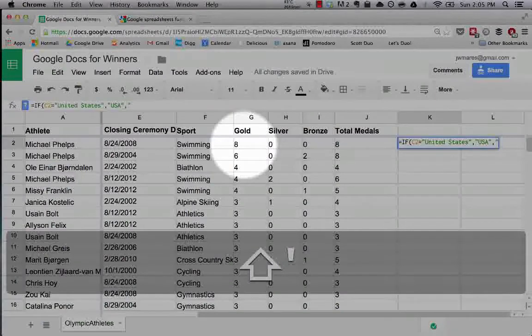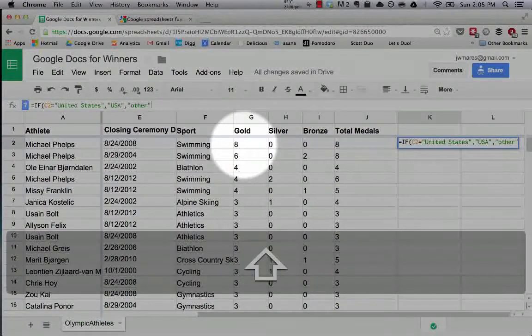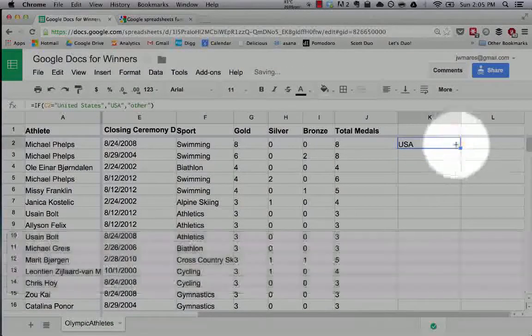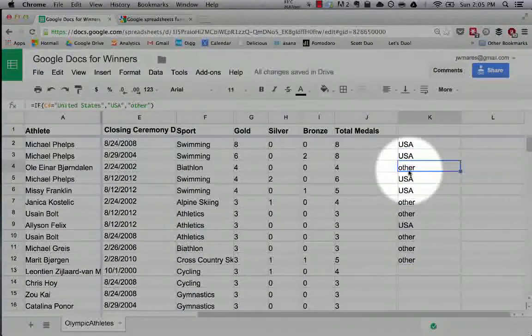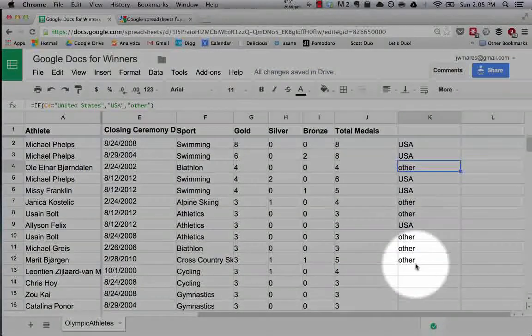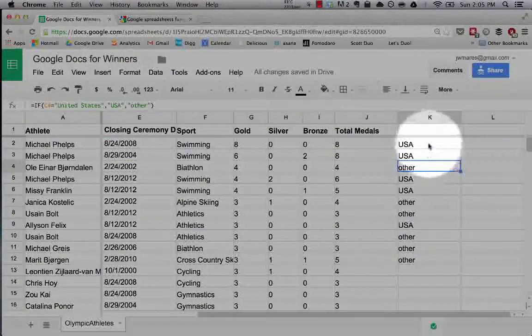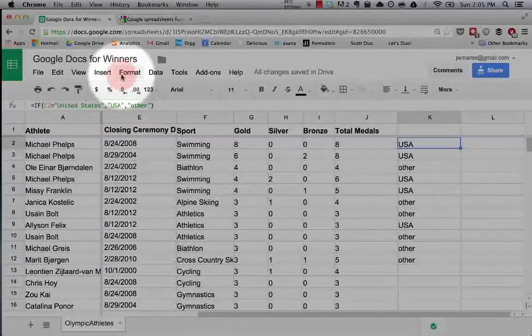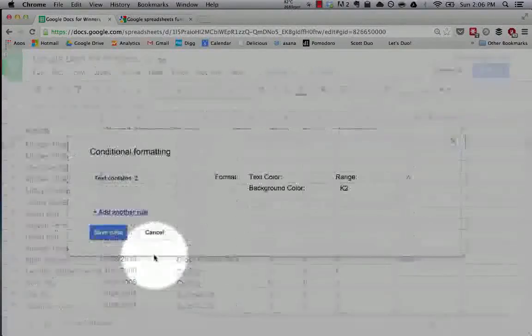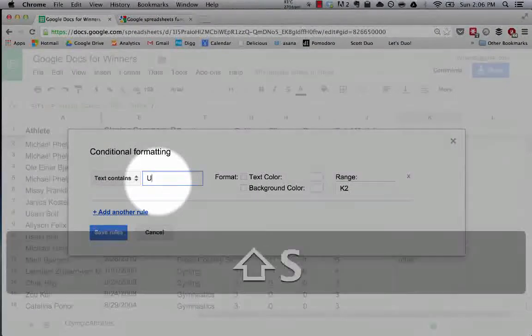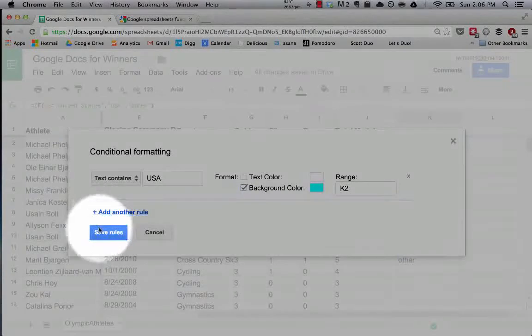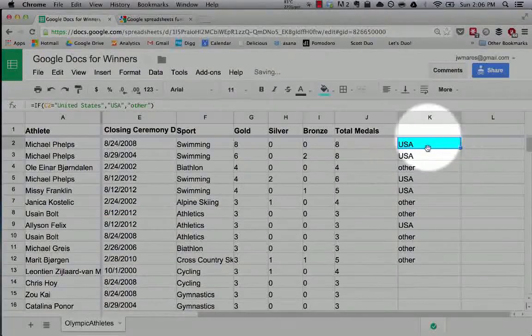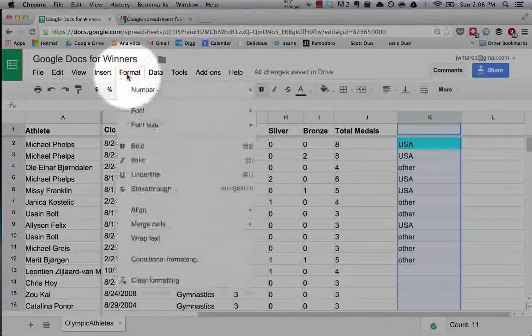If not, return other. Now when we copy this down a bunch, we can see here are the medalists that are not from the US. What makes this really cool is you can use an if statement and then use conditional formatting to say, text contains USA, make the background color a light blue. And so if we applied this across the whole range,